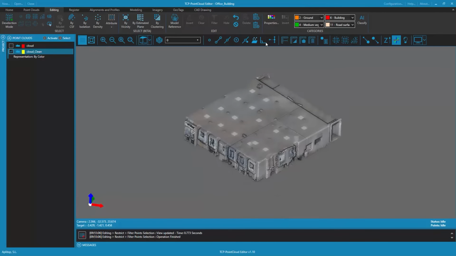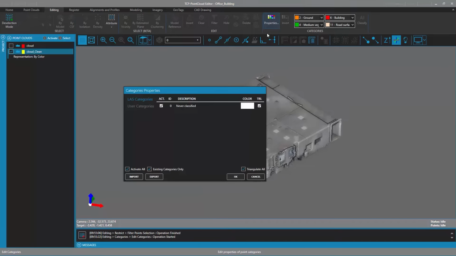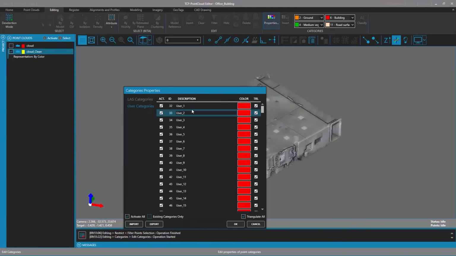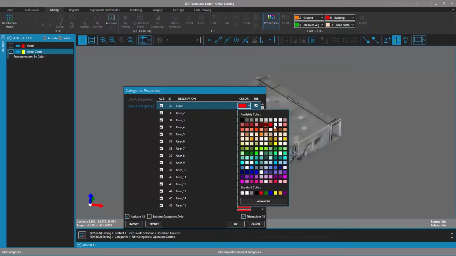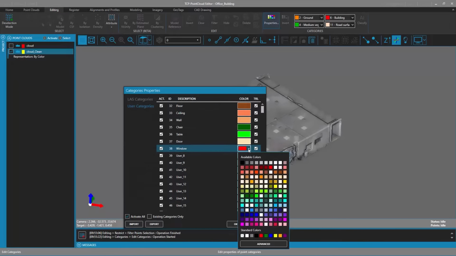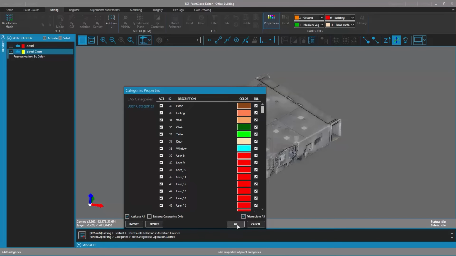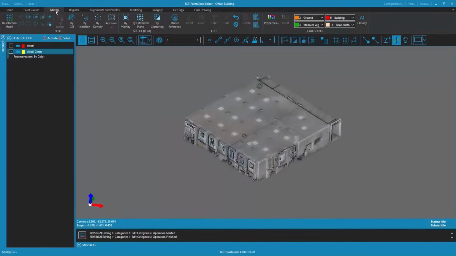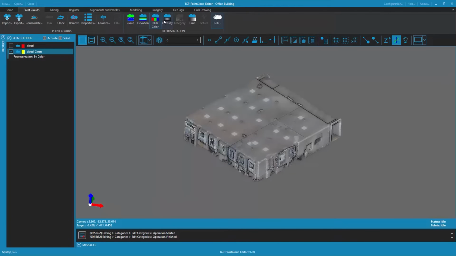For the automatic classification, we will use a model trained specifically for the classification of indoor points with categories such as floor, ceiling, walls, windows, doors, chairs and tables. That's why we define in our project those same categories using the category properties dialog. This dialog allows us to change both the names of some categories and their associated color. We can see that initially the point cloud is not classified, so it is not possible to represent it by